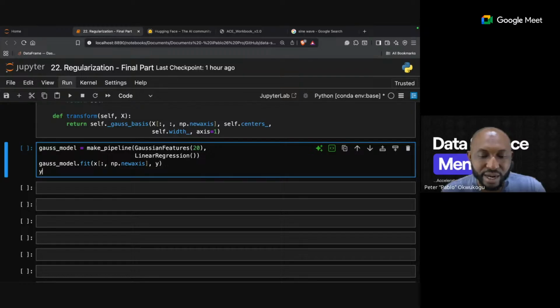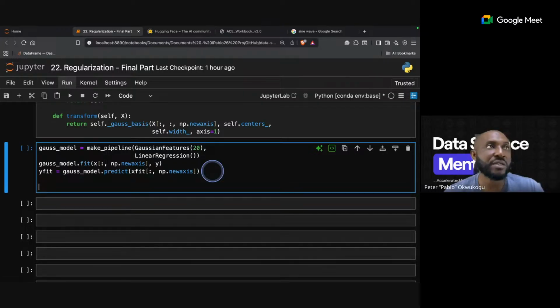Then we're going to take y_fit, and we'll take our Gauss_model this time around and make a prediction, so we're going to predict on X_fit, and do some predictions.